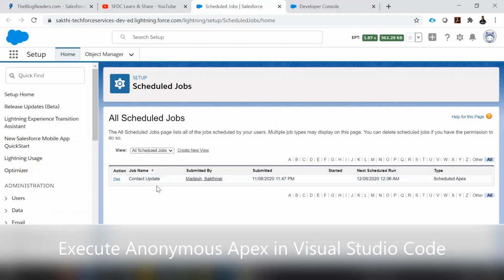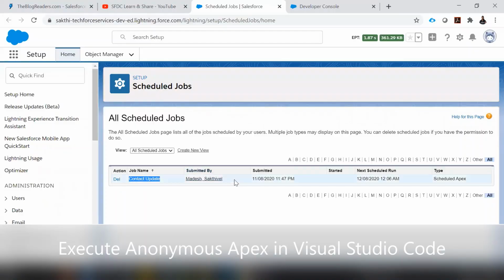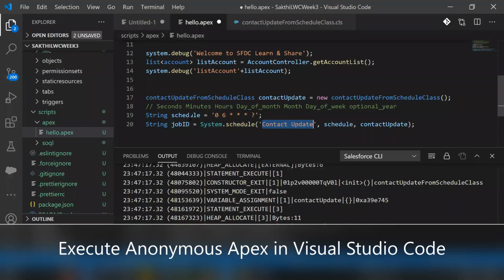See, we got one entry, the contact update, with the name and the submitted date. As I mentioned, this scheduler class will execute every hour at 6 minutes past. So it executed at 12:06 a.m. Once executed, the next scheduler job will be at 1:06 a.m. So that is the way the logic we implemented executes.